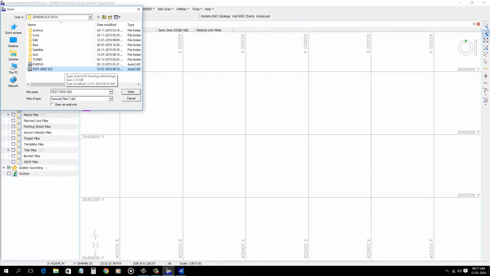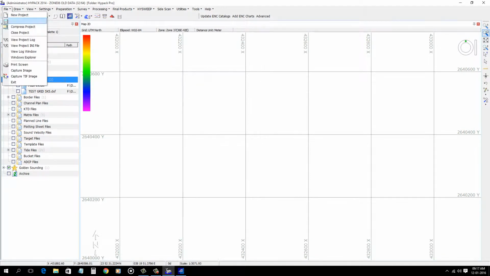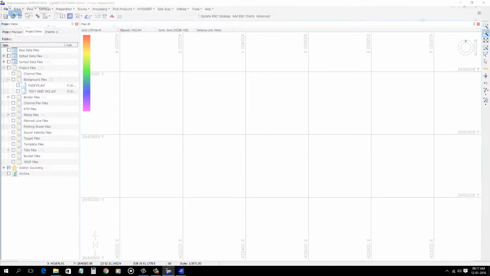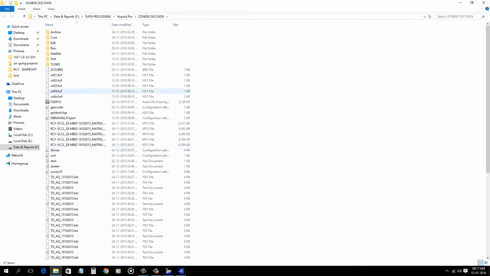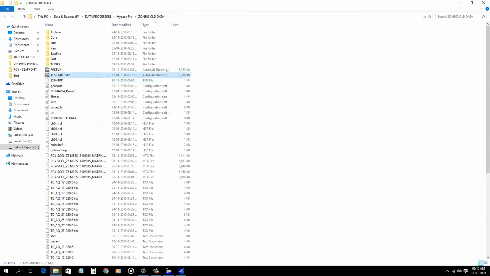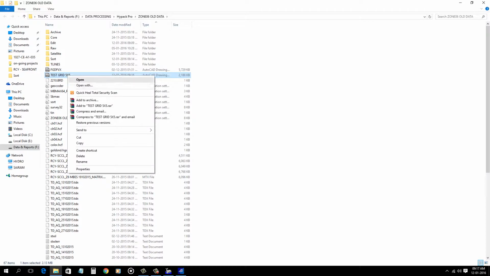Okay, now come here and open the Windows Explorer. If you click here, you can open this project folder in Windows Explorer. Now you can get the DXF file, this one, open.